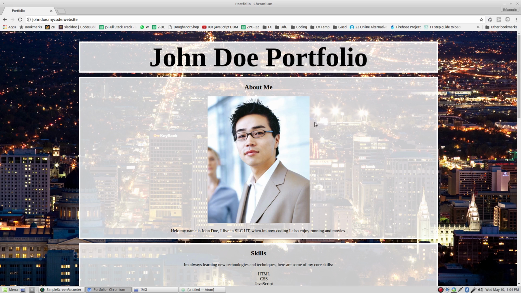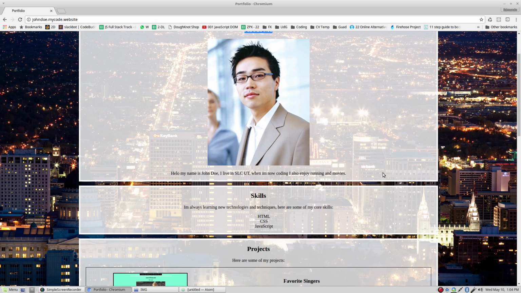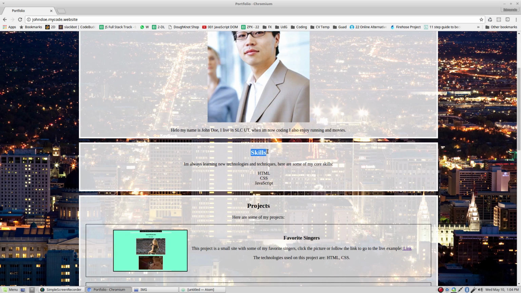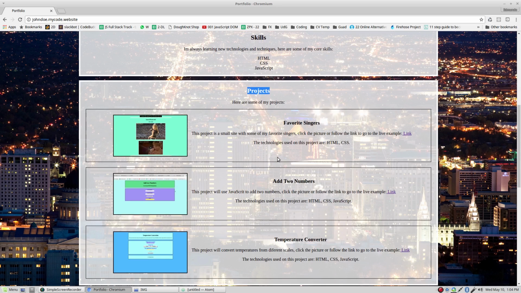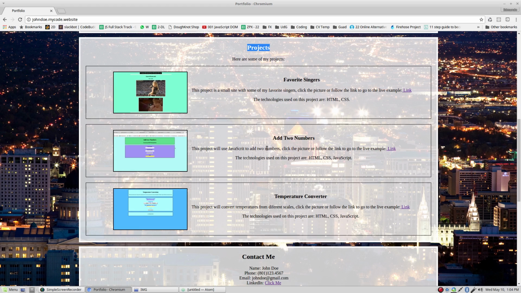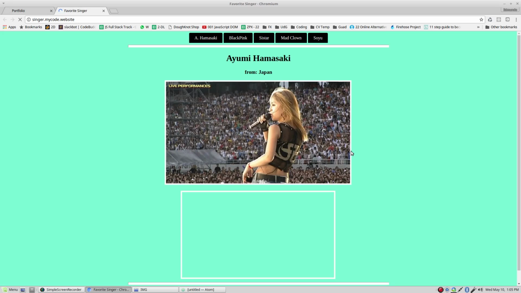Very simple. It has a title, an about me section, also a section for skills, and a section with projects. The projects are the main reason for the portfolio, a place where you can put some of the work that you did before, and actually links. Right here we have a description of the project and also we tell what technologies we used in this project, as well as provide a link either here or here so the person can go and view the project